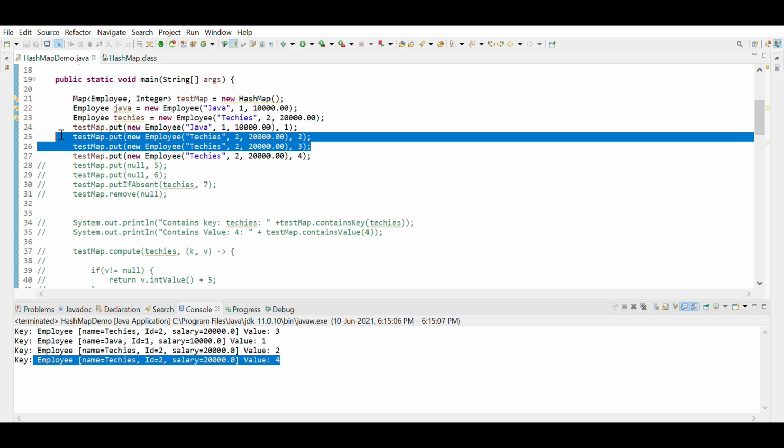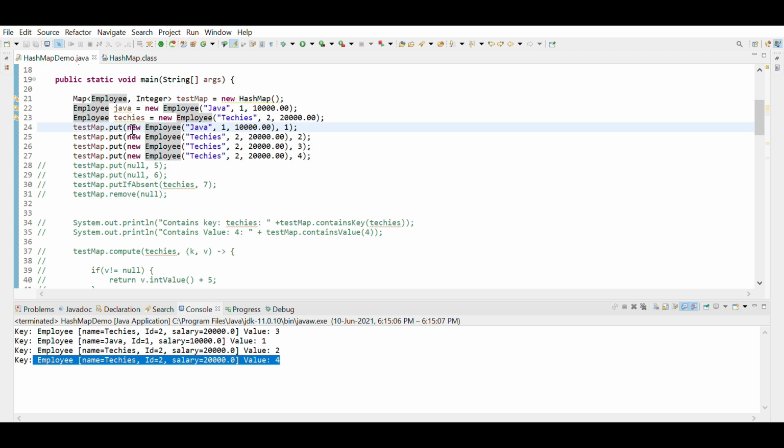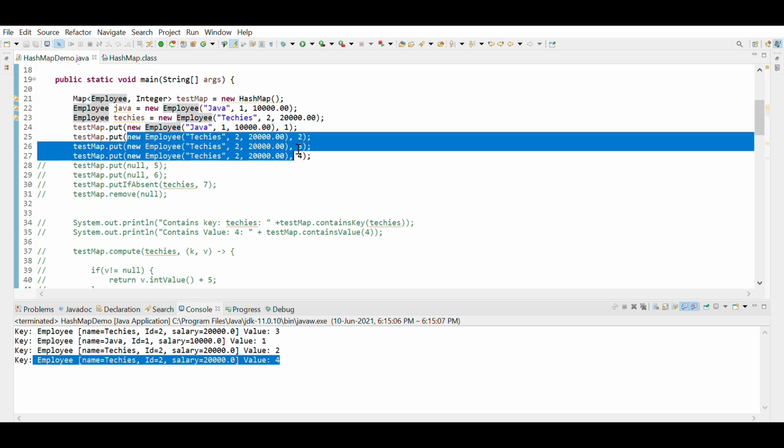Now what is the reason behind it? Since you are doing a new employee each time, it is considering all these three employees as different. The equals method in the Object class compares not only the values, it also compares the references.